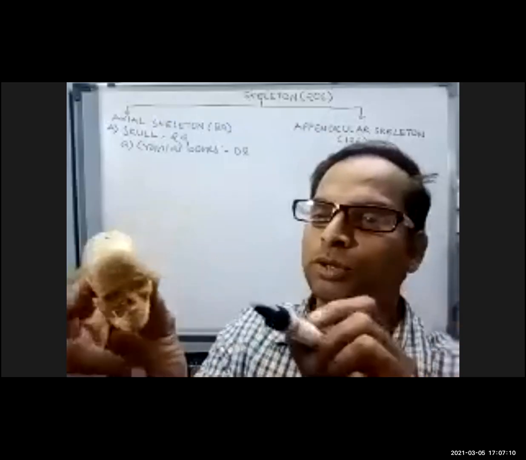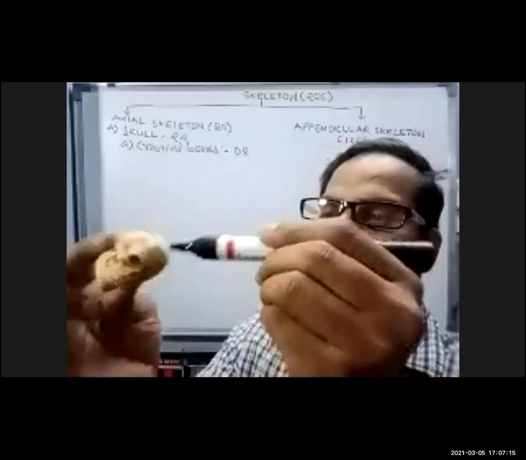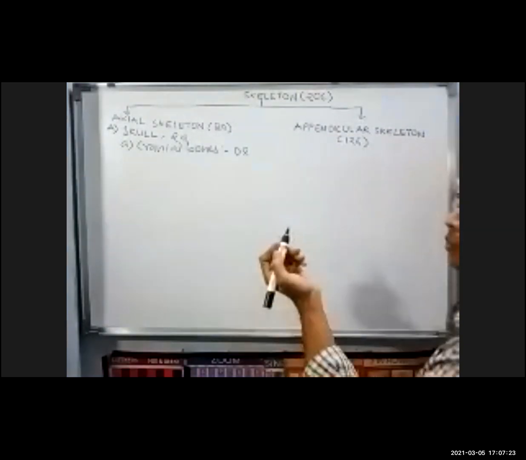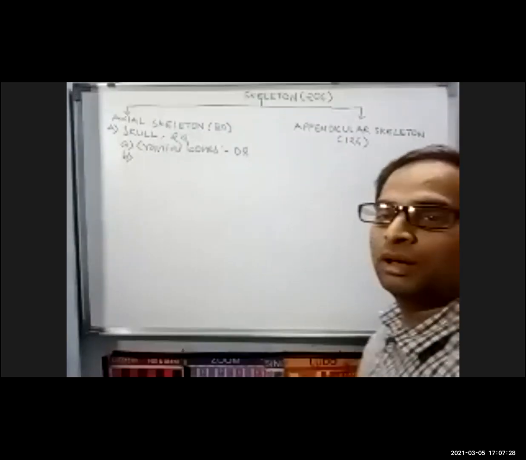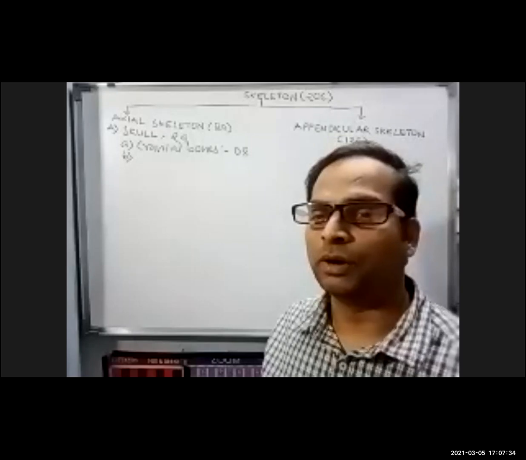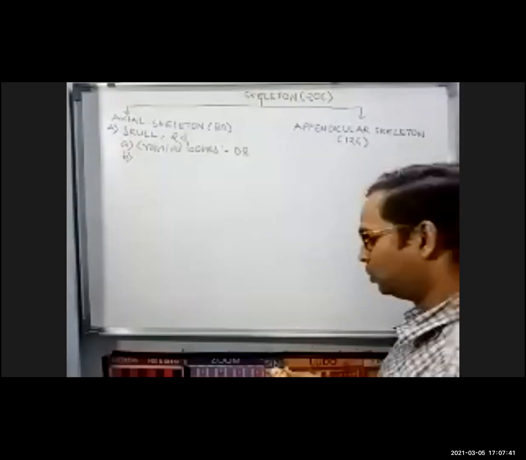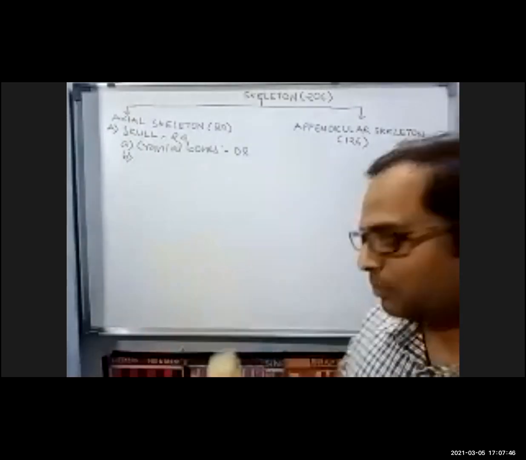All the bones which form this brain box will be your cranial bones, right? So how many bones are there here? 8. Now what 8 bones are there, you know? We are already done with that part. I hope you all remember the names. Frontal, parietal, temporal, occipital. What are the remaining 2? Ethmoid and sphenoid. Very good. Those are the bones of this brain box, or the cranium, you can say.